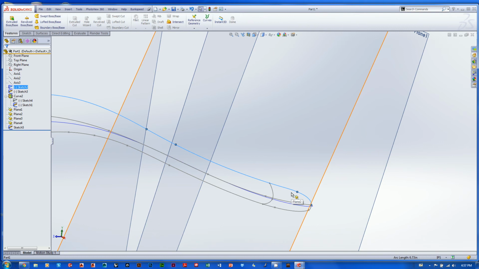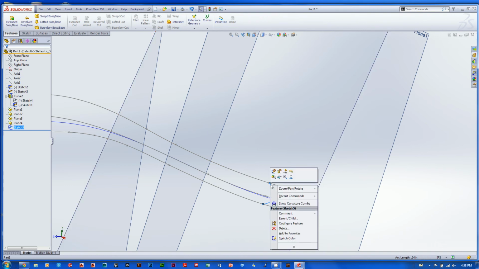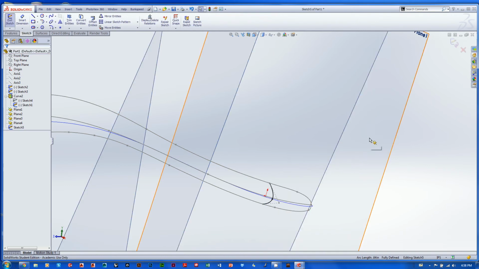Let's remember what we're doing here. We're creating a half of a 3D wireframe, and when we create a half of a 3D wireframe, we know we're going to have to mirror it across. So we know we're going to have to put a tangent relationship between the top of this curve and whatever it mirrors over to. So let me go back to it. I'm going to do a right click. I'll just edit the sketch, and this is where